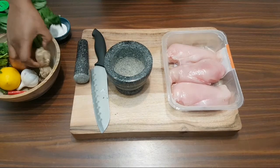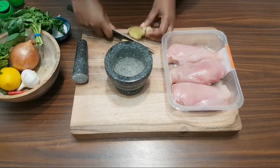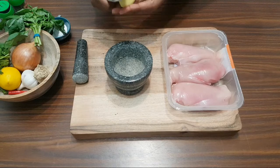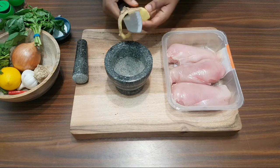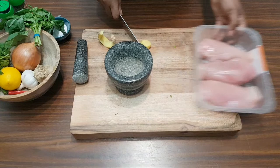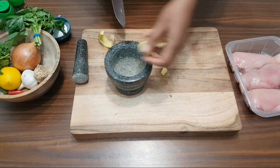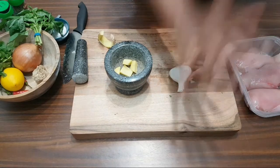So for my pesto, I'm going to use ginger, just about a thumb size. That's about a thumb size of ginger. I'll keep this to the side for now so you can see. So that's about a thumb size ginger. Add that straight to my, get some